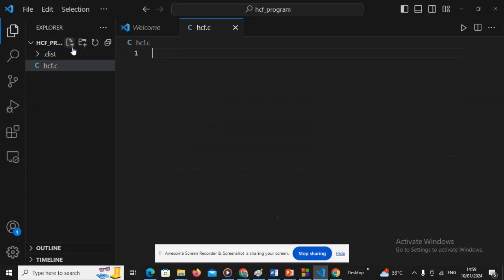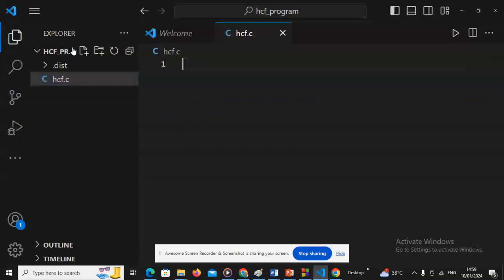So we are going to start by creating a file which I will call HCF.c. Now that we have created our file, we can start programming. We are going to start with the basic structure of a C program, which is